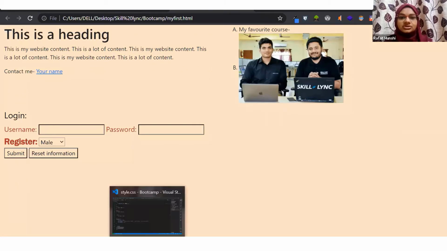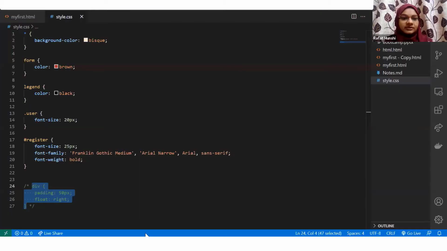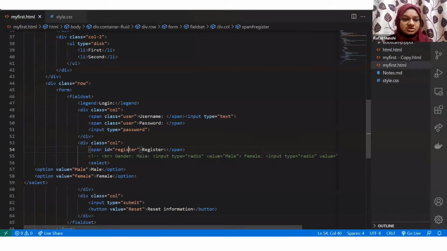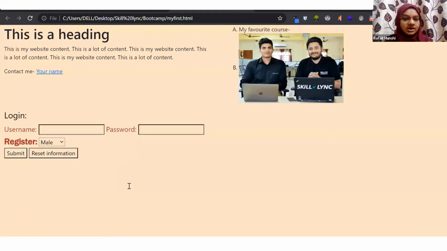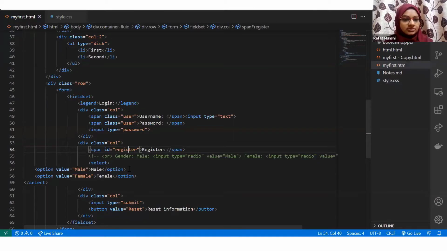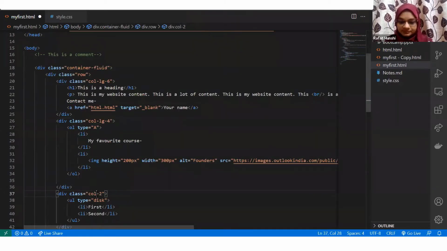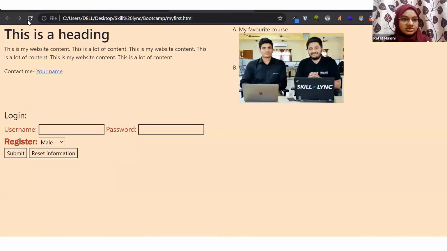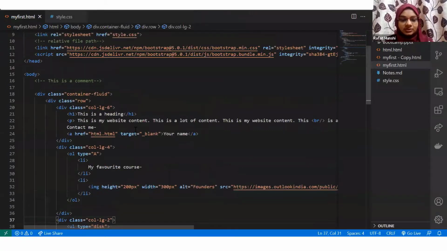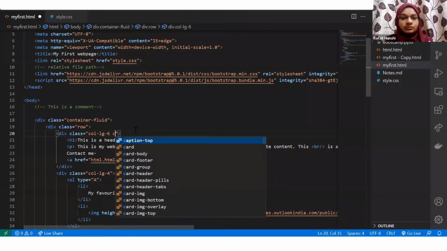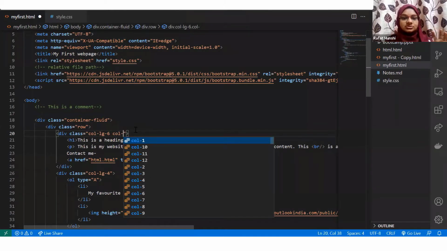And now you can even change how your layout would look for different devices. So for example, just concentrate on the first row. I have given it column 6, 4, and 2 for my device. Let's say I have a smaller device, so my device is LG, right? So if I just make this LG and save, and refresh, this is no different because my device is large. But let's say for a smaller device, I want to change how it looks. So for a smaller device, I don't want everything to take up all the space.